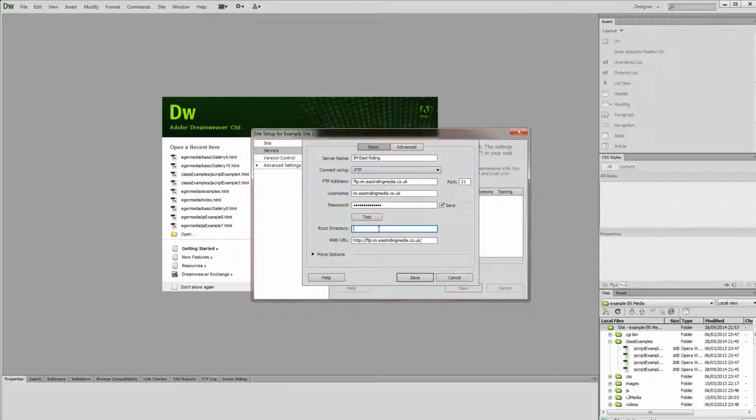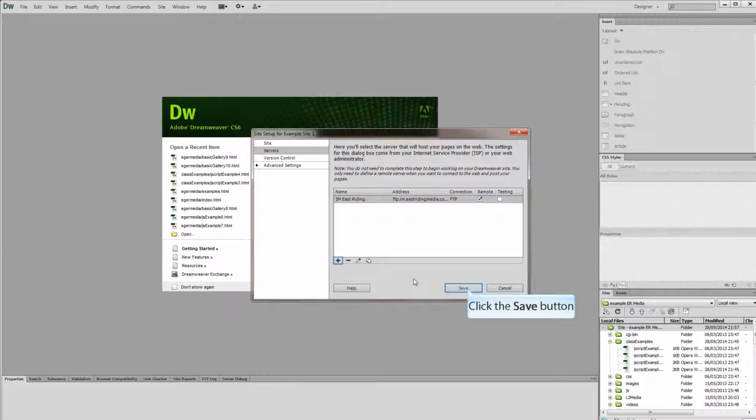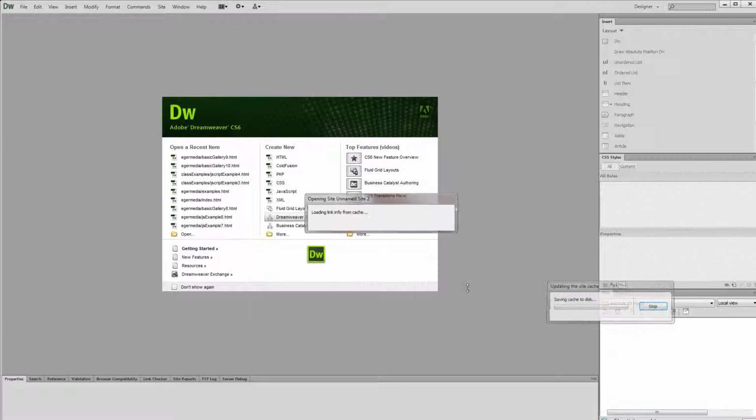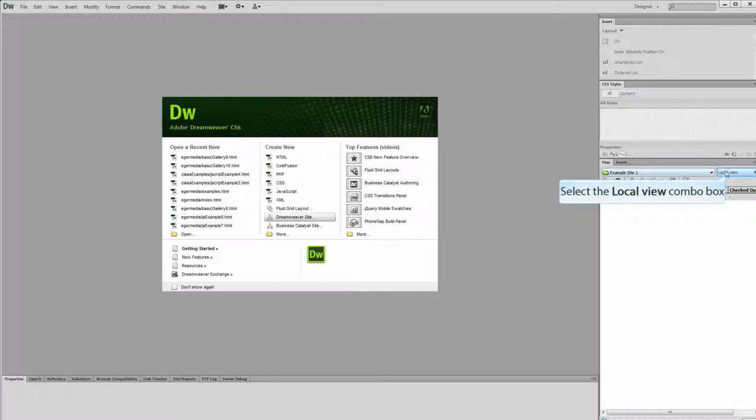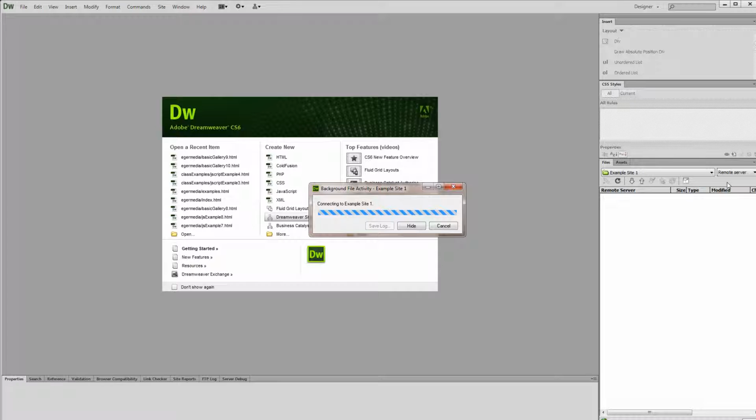My root directory in this case is htdocs, but that doesn't need to appear in my web URL because it's the root of that domain, so therefore I can delete that bit that says FTP also, and then we can save at that point. Save again, and then this should be updated on the right hand side in the file inspector. So currently there won't be anything, but I'm just going to change this to remote server and test that it connects to the server. Okay, then we can see there are folders for each member